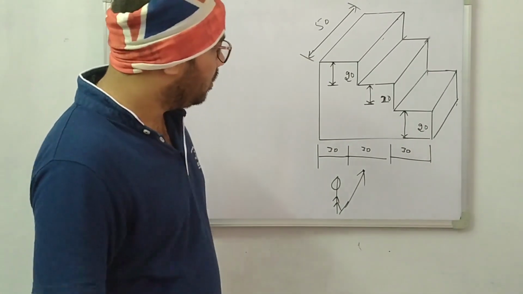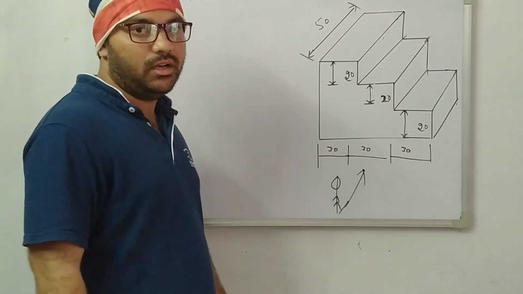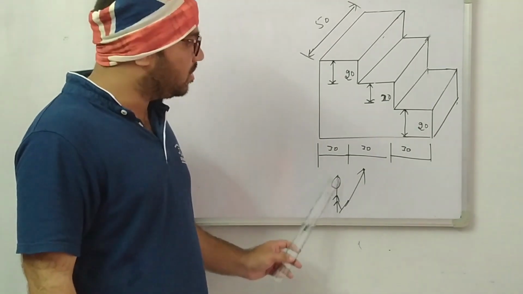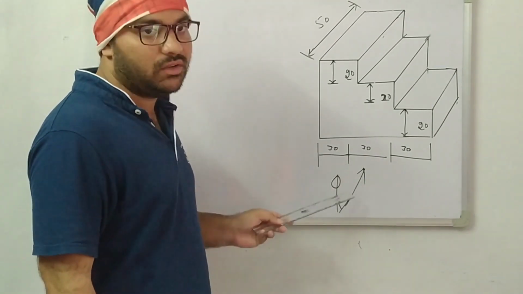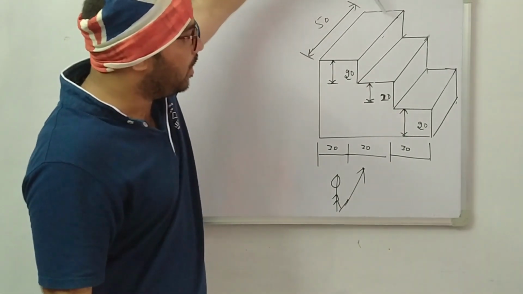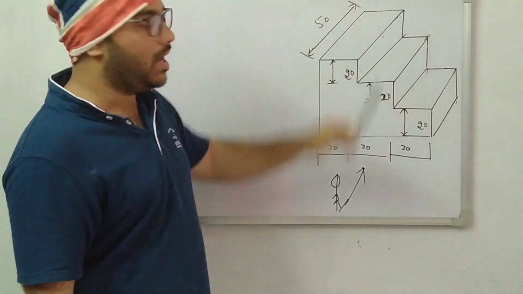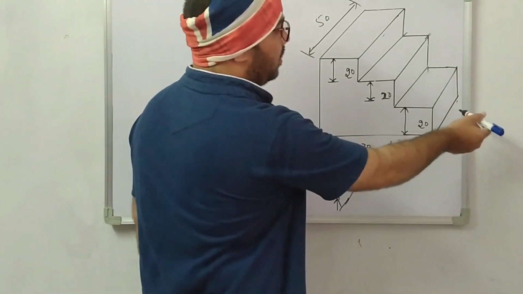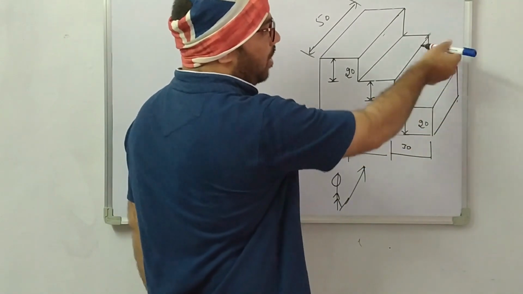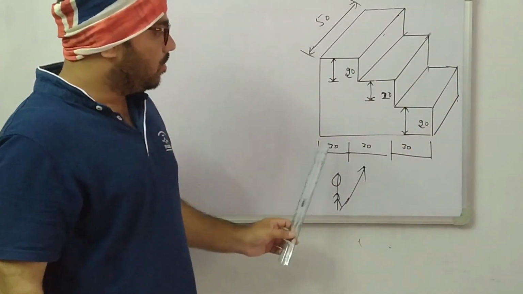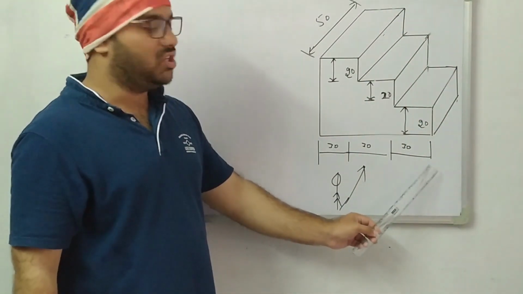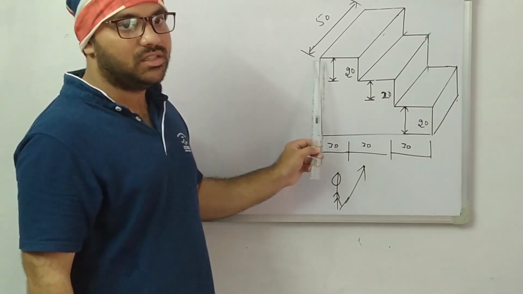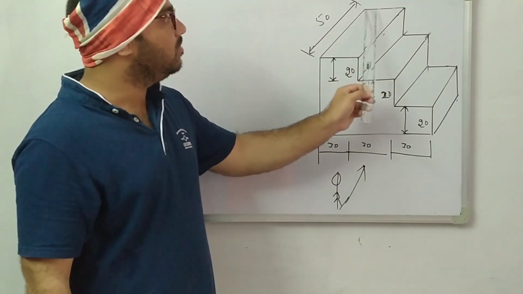So this problem is given. A stepped 3D object is given. Here the observer's standing position is here. So this is considered as my front view, and this is my top view. I can see the steps as my top view, and to watch the side view is like this. Here I can see the side view, the steps height. So here the total length is given as how much? 60, 30, 30, 30, and the total height is mentioned as how much? 60, and the total width is mentioned as 50.